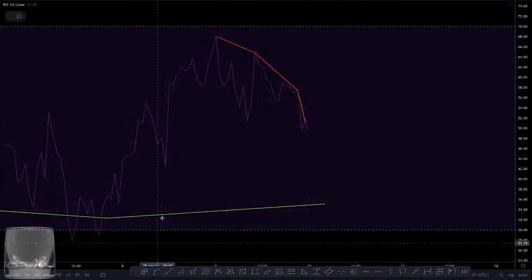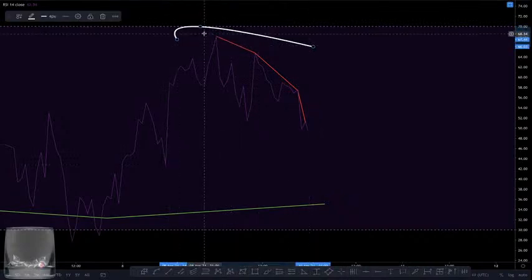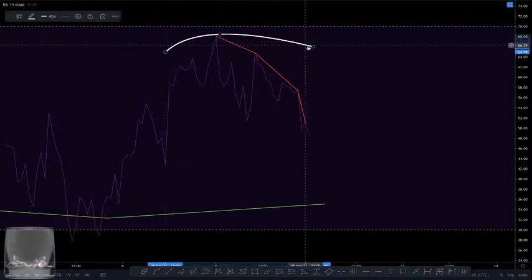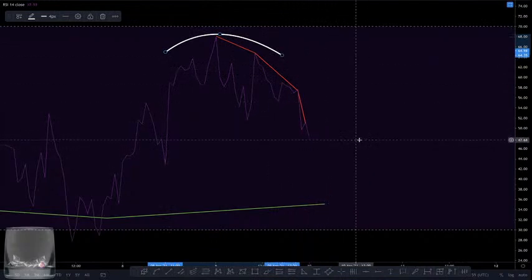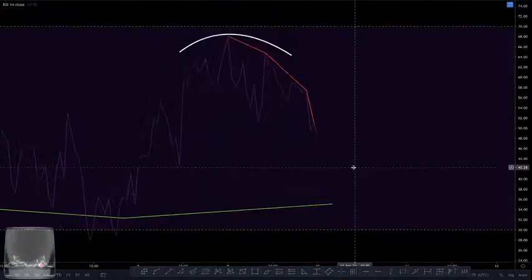As you see, this RSI just keeps putting in lower levels of relative strength, and it also had this big rounding of the tide type of situation here, where you could see the relative strength just dying off, right? The trend is turning. So sometimes all you do though is sell off back to the 50,